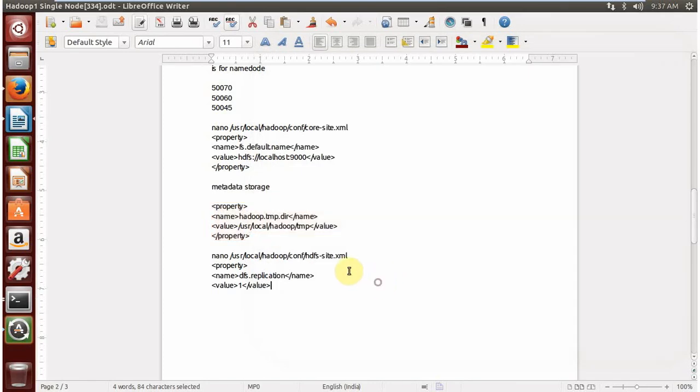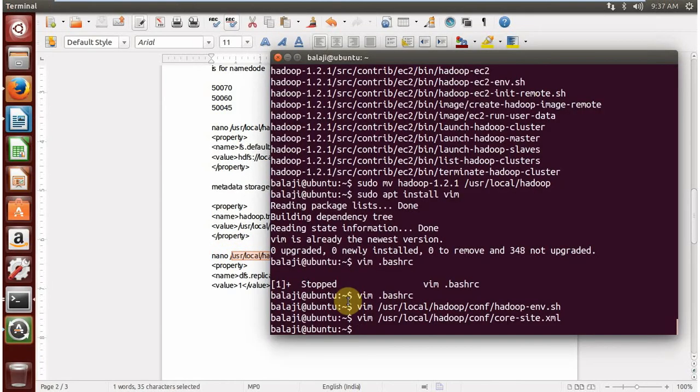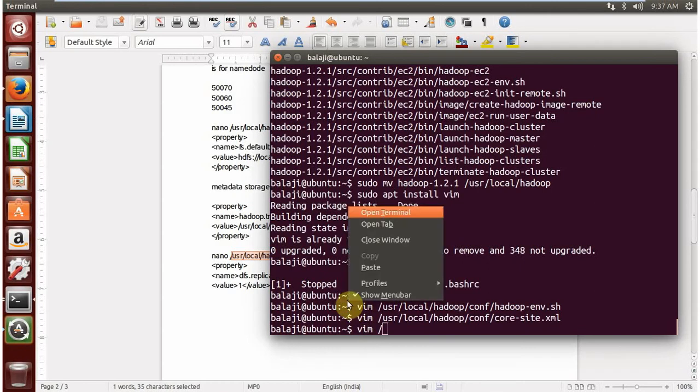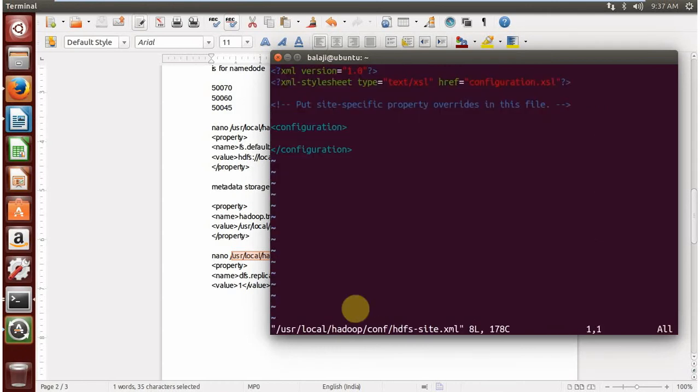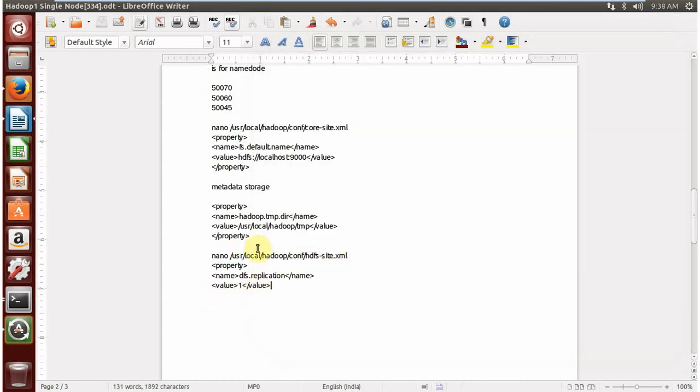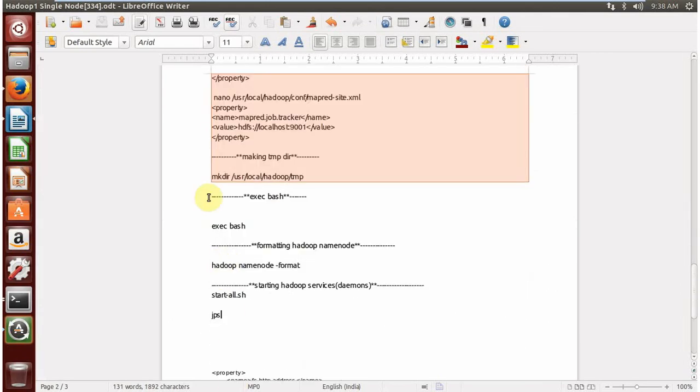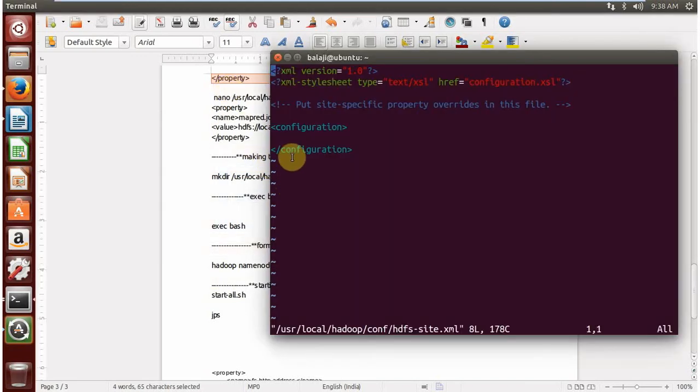Once we are done with that, next move with the vim slash. Once we move with the HDFS, we are configuring the hdfs-site.xml, copy these 4 lines. Once we copy the 4 lines,